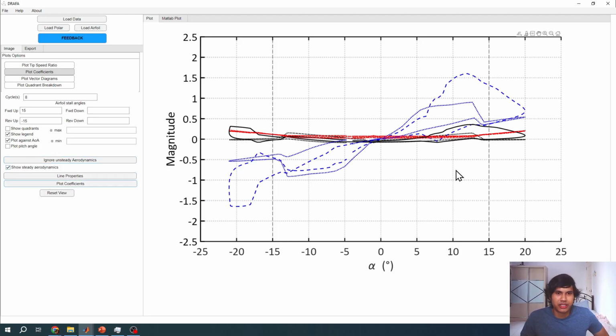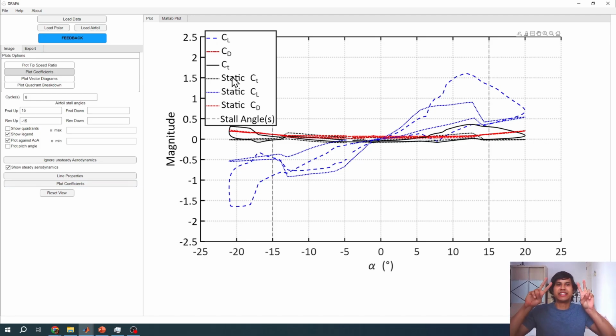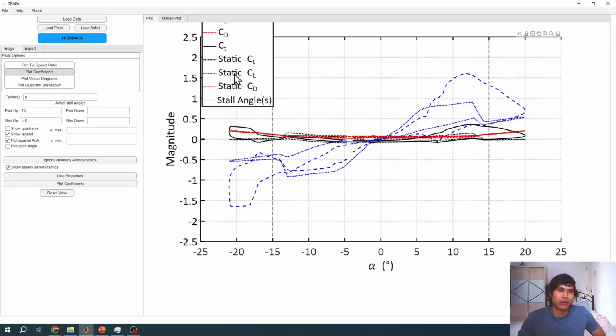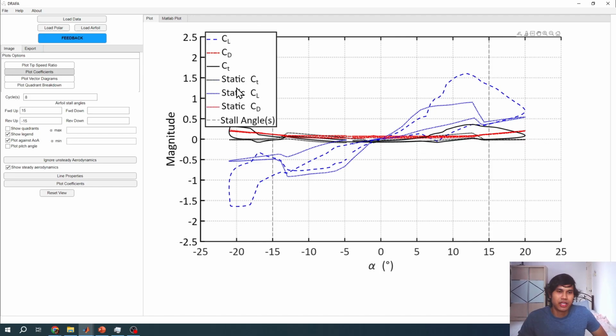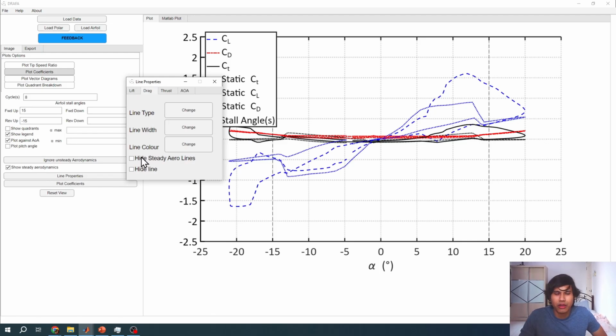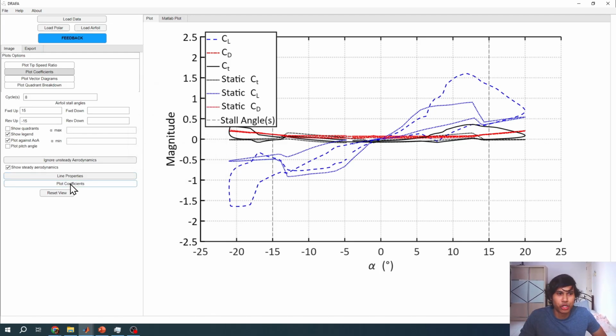What we're observing here is a plot of the dynamic and the static coefficients that we're interested in taking a look at. So if, let's say, I want to take a look at the static lift versus the dynamic lift, I would click in line properties. I can actually hide all of the. This plot